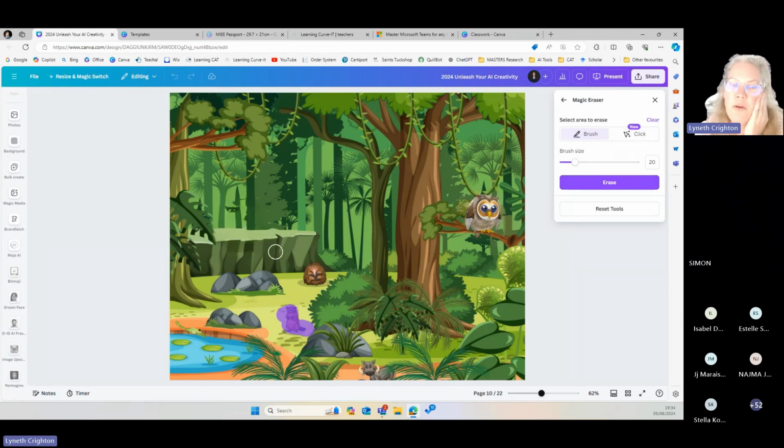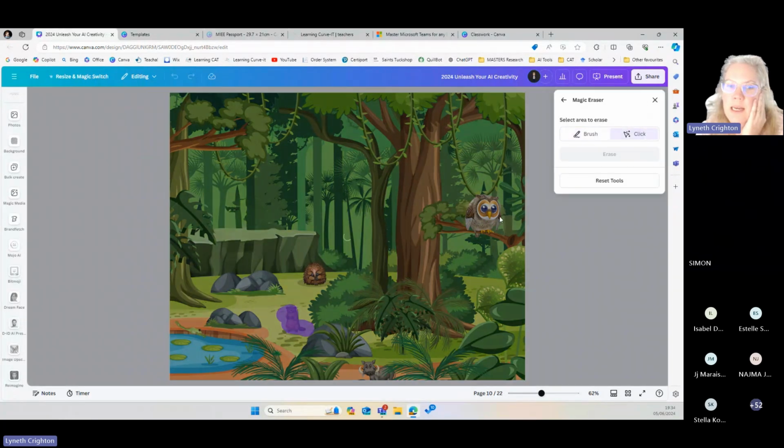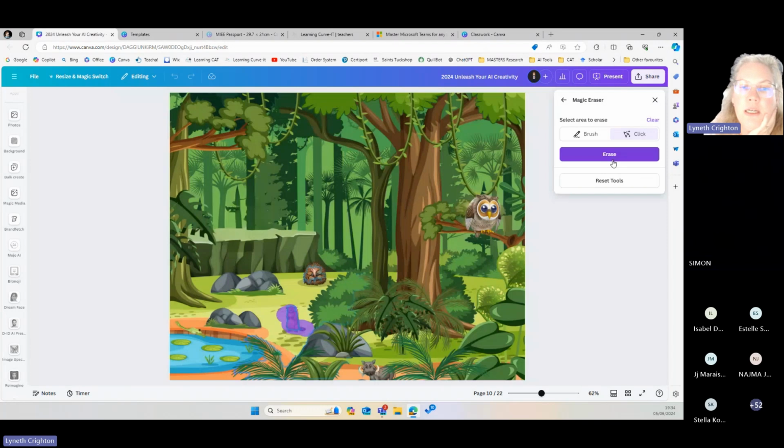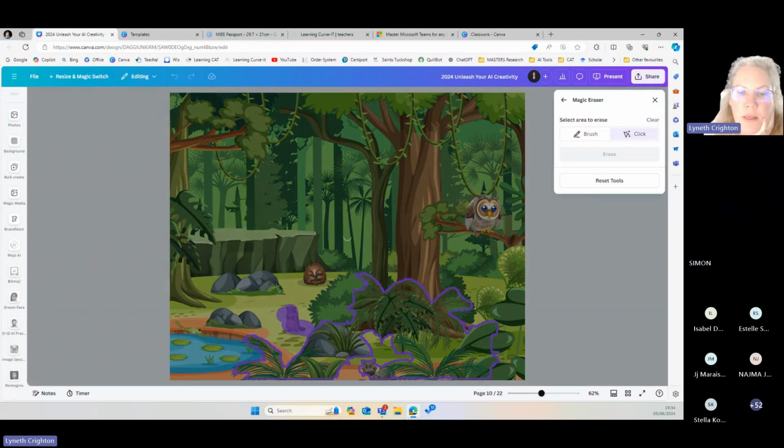The same as the grab, I could highlight the bear, or I can go click and I could click the beaver. You see here, there's all these things that I could take out. So if I erase the tree and the warthog at the bottom, before you know it, you can have your own version of the image.